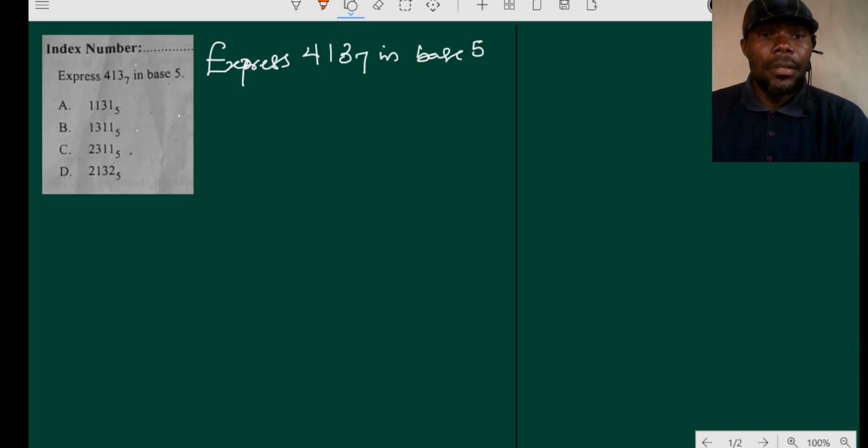Question 6, WAEC questions 2023. Express 413 base 7 in base 5. The first thing you do is convert 413 to base 10, which we write in a form like this: